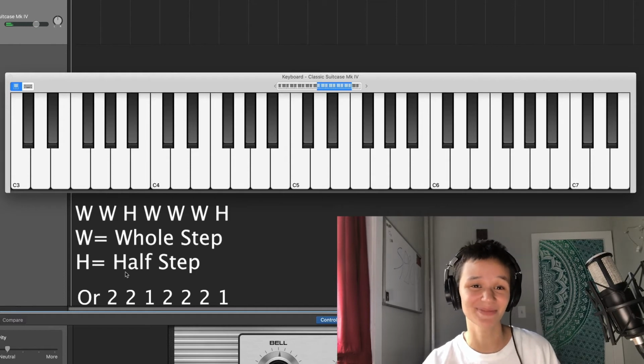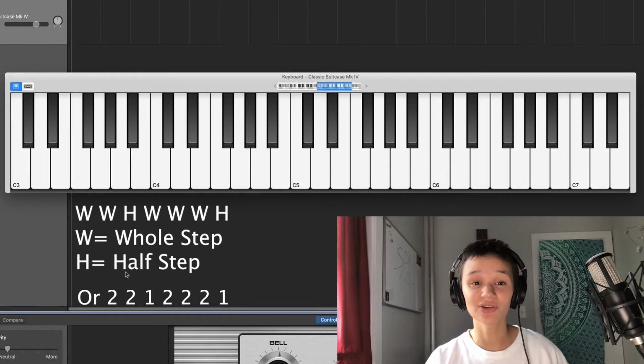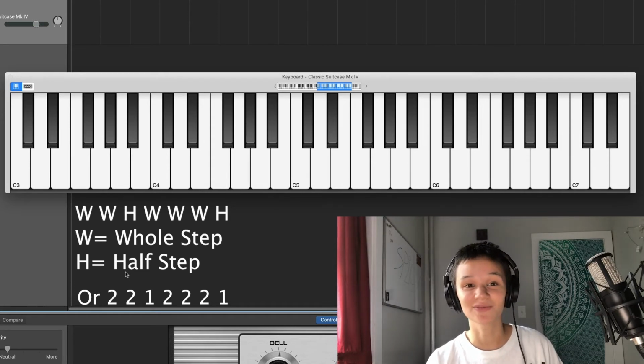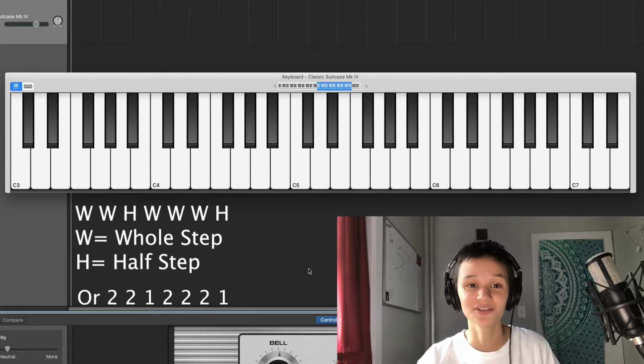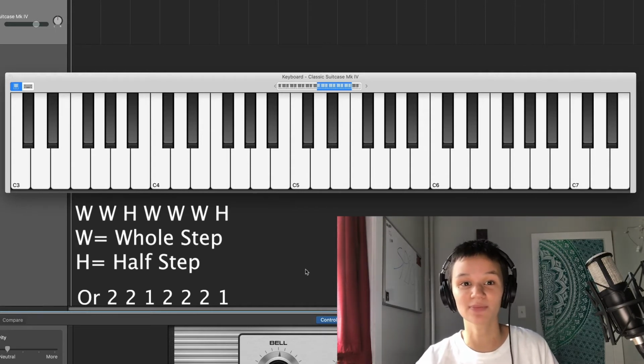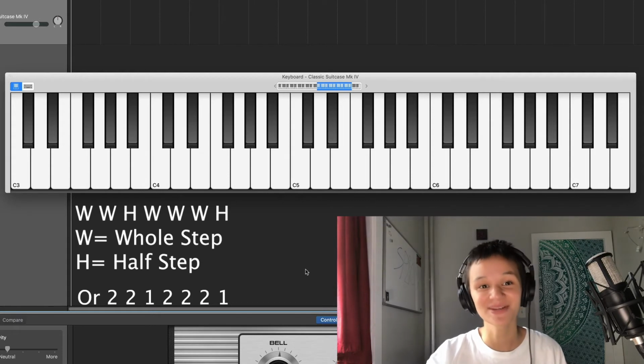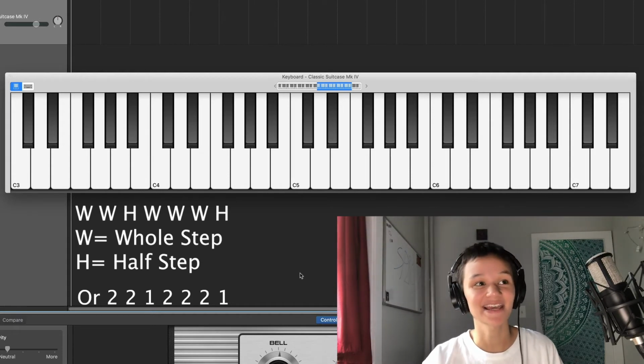That'll definitely take some practice, but I assure you, as you get the hang of things with music theory and you keep practicing it every day and just reviewing notes when you need to, it'll soon become second nature and you won't even need to think about it. Note that you can use this formula, whole step, half step, whole step, half step, to create a scale with